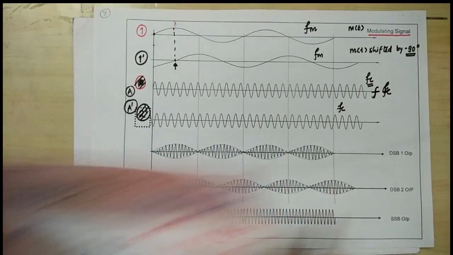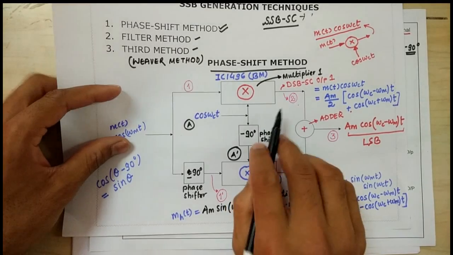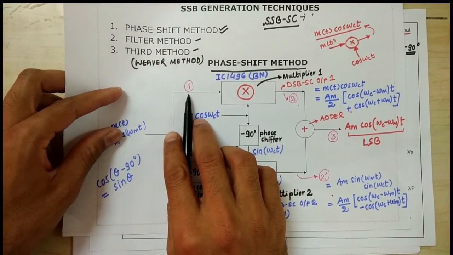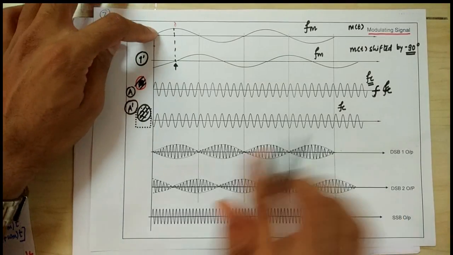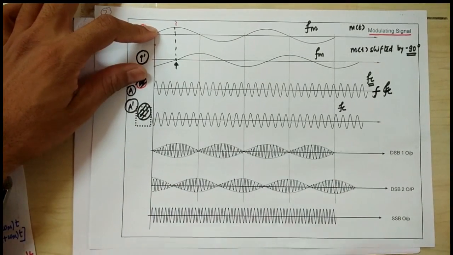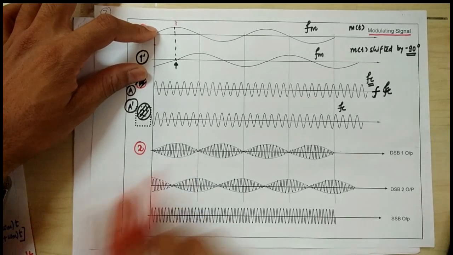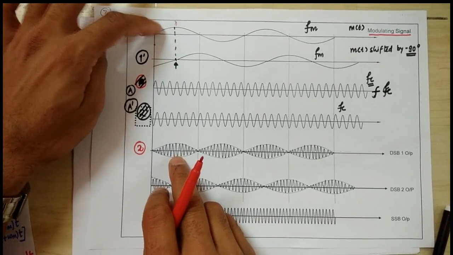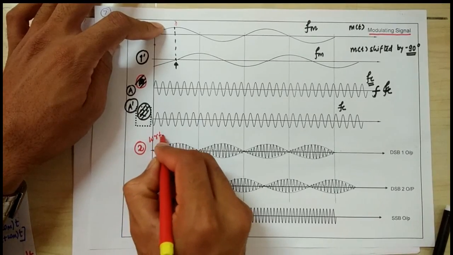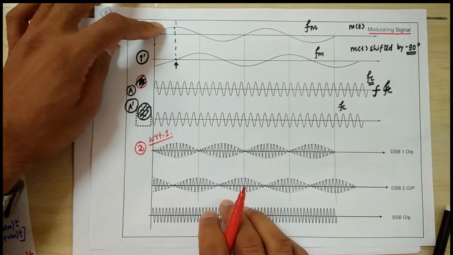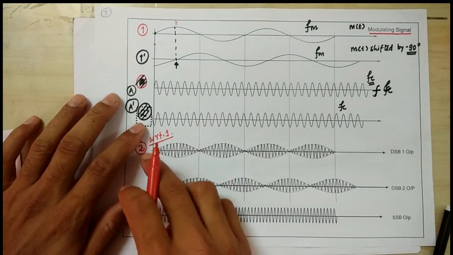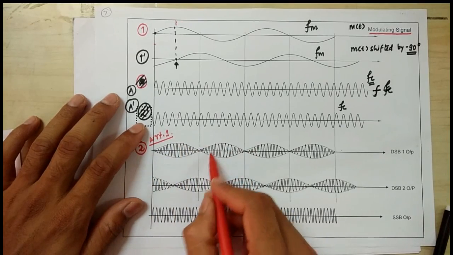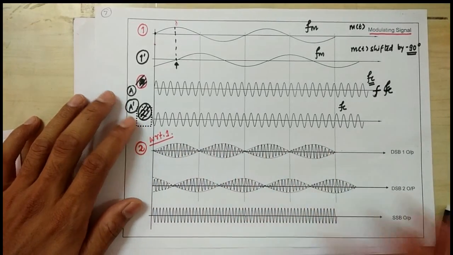If you see point number 2, it takes the input message and the carrier without the shifted version. So if you plot the DSB-SC, this is point number 2. This is basically DSB-SC with respect to point number 1. Let me write it with respect to point number 1. This is starting from 0, this is also starting from 0, and these are basically the carriers which are there.